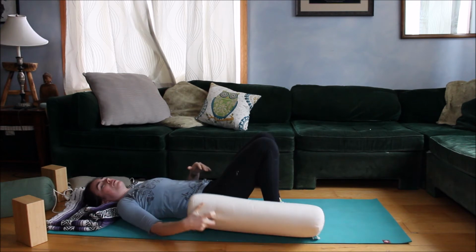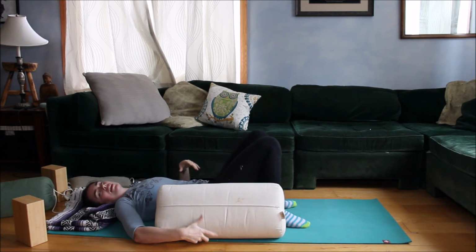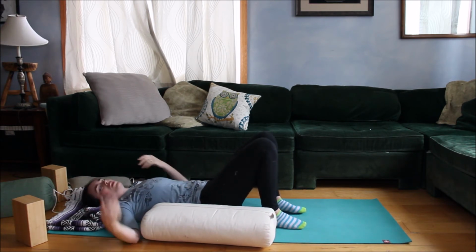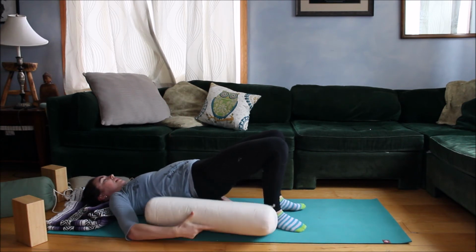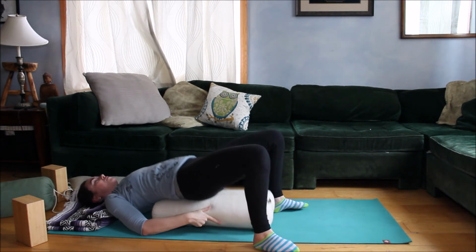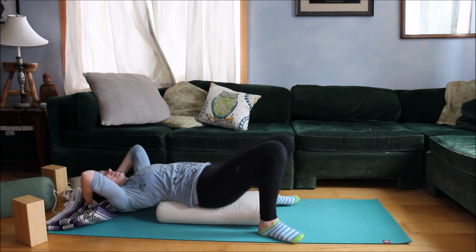But then you're going to take the bolster, and you can do this with a block too. But when we're doing restorative yoga, I really like using the bolster just because it's even more support than a block would be. But you're going to roll up to bridge. Do that same like rolling up the spine movement. And then maybe you have to rise up onto your heels to slide the bolster under. There can be a little bit of negotiation happening in the body to figure out how to nestle in comfortably,